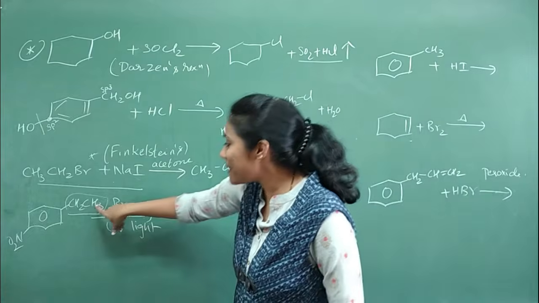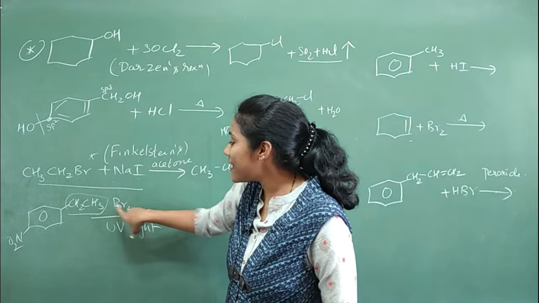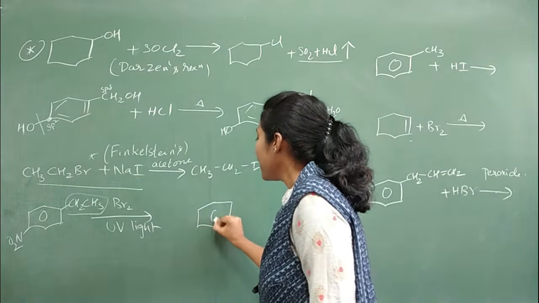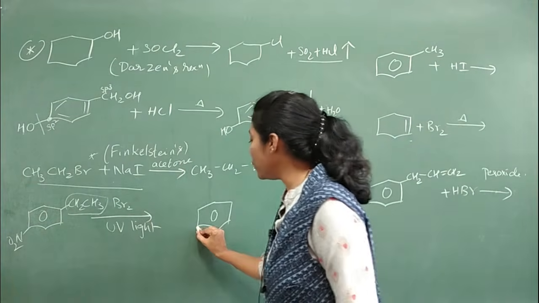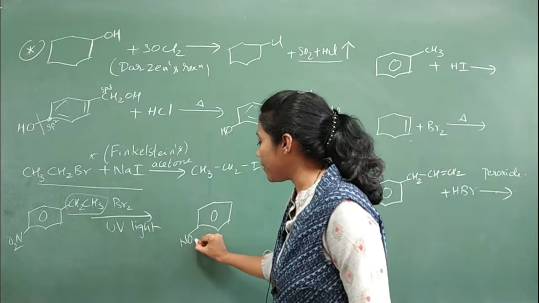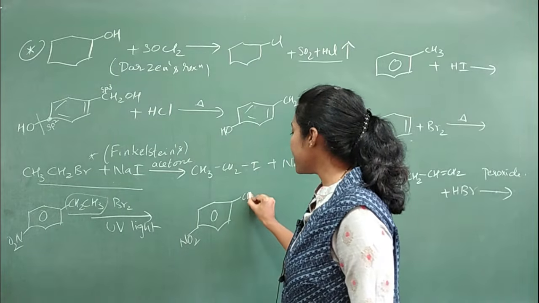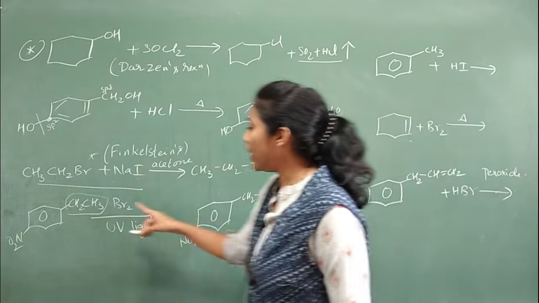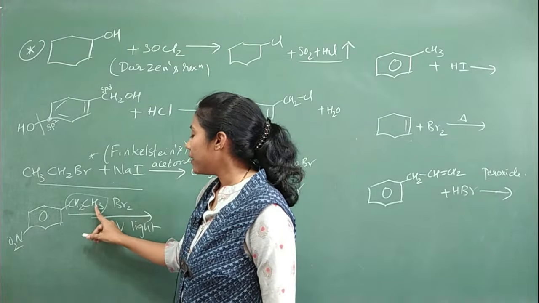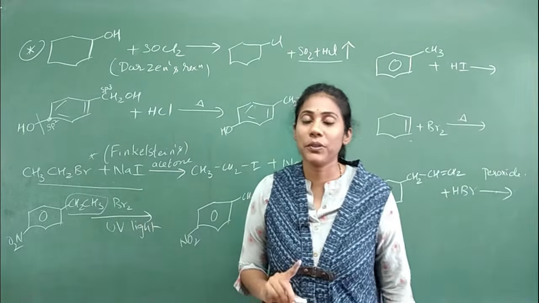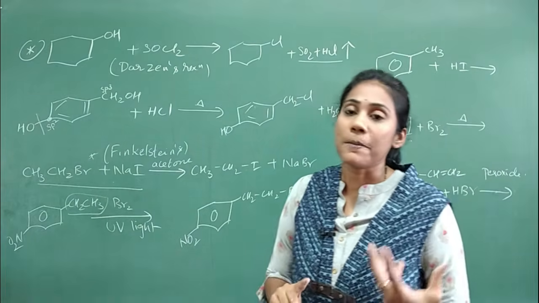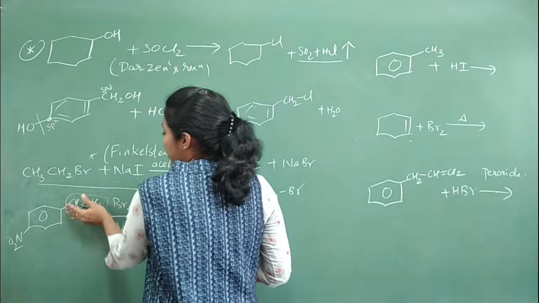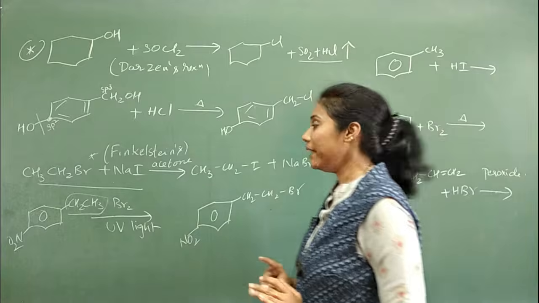So here what happens is one of the hydrogens gets replaced with Br, so you would be getting the product, and nothing will happen to NO2. NO2 remains there itself, okay, and here CH2Br. So one hydrogen from here gets replaced with Br. Okay, so this is a kind of substitution reaction between alkanes and halogens. Okay, fine.